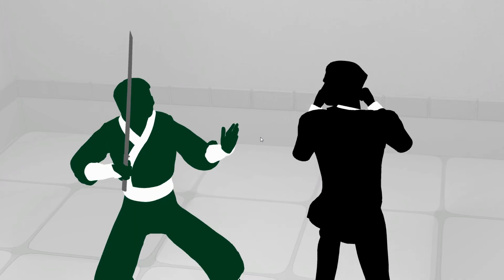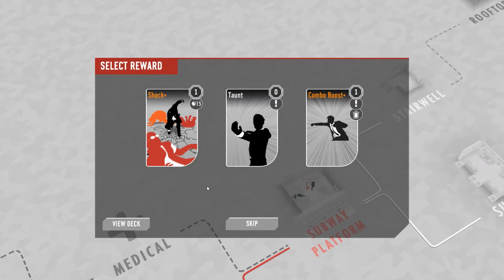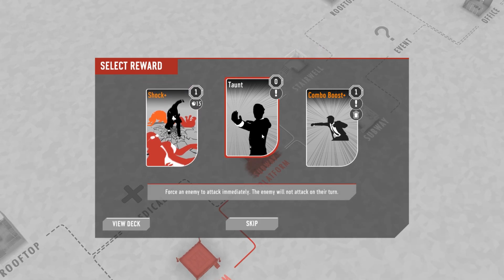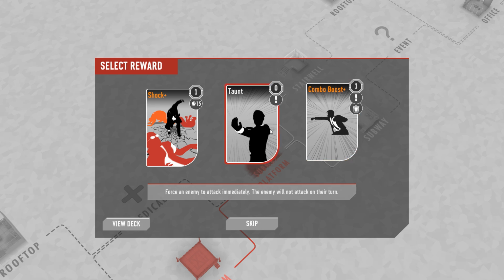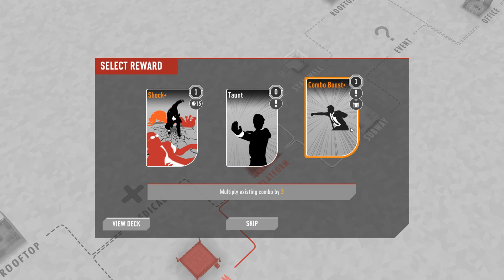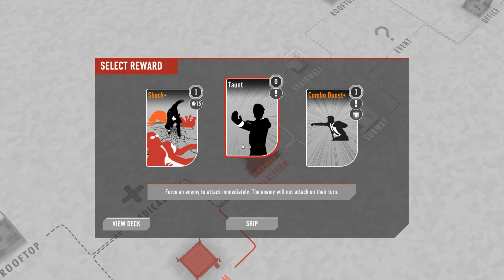Alright, and then anything at all should finish the job. Those guys are starting to get a little scary. 15 damage to all downed opponents is not the deck that we are in. Taunt is certainly potentially interesting. Combo Boost Plus definitely has utility within our deck, right? Being able to bounce from 1 to 3 or from 2 to 6 are both very obvious use cases for us. I think I'm not going to take anything here, but Taunt is definitely...